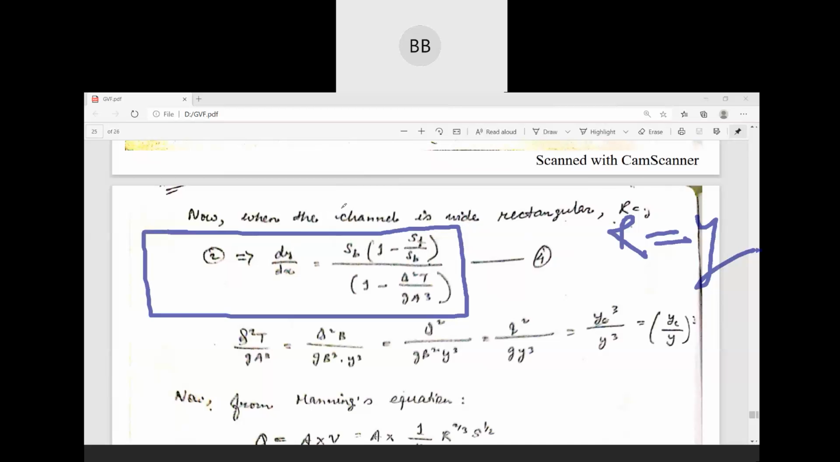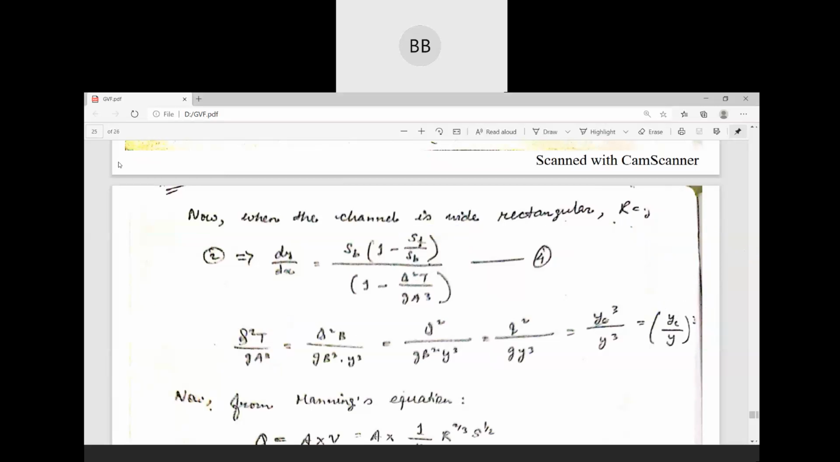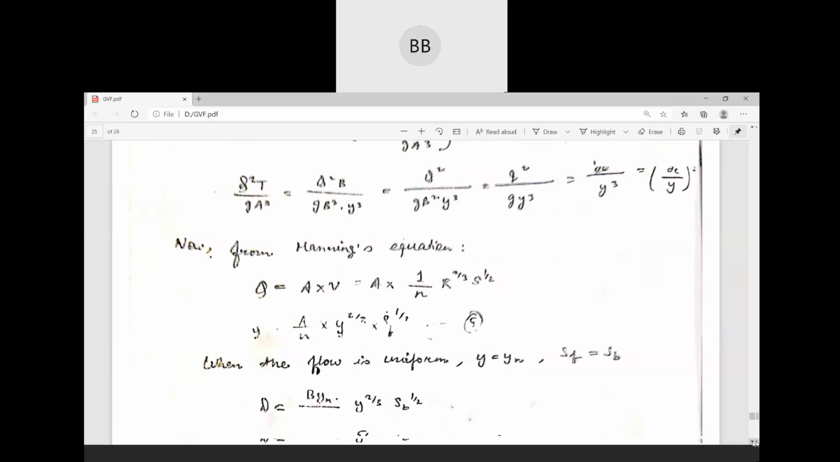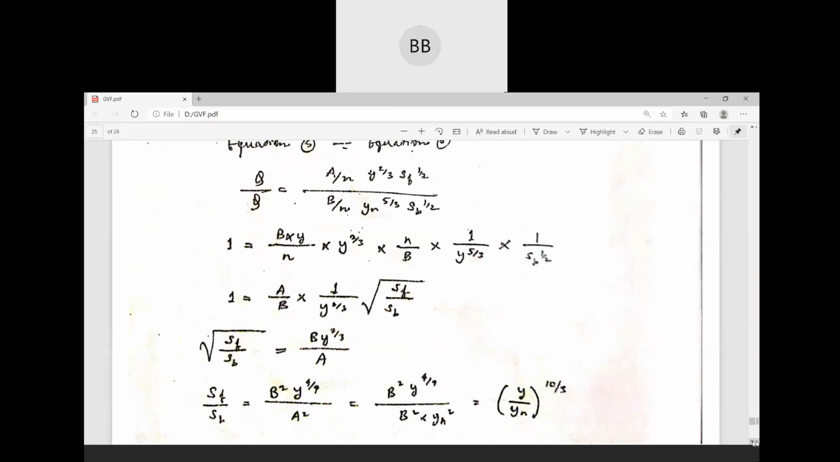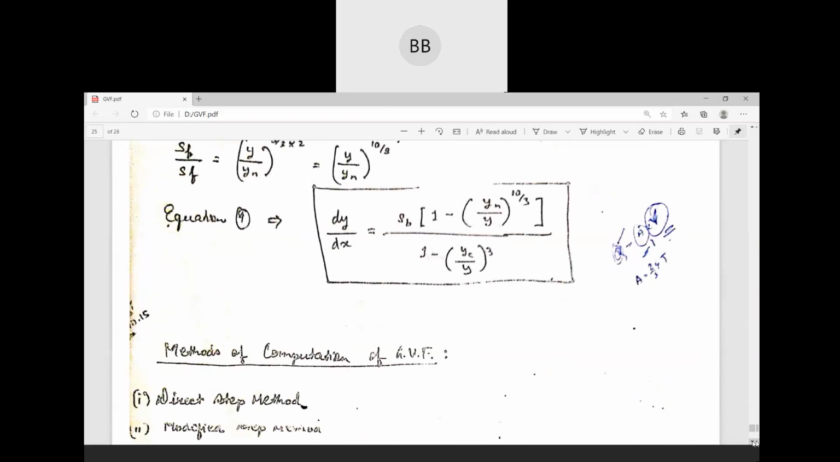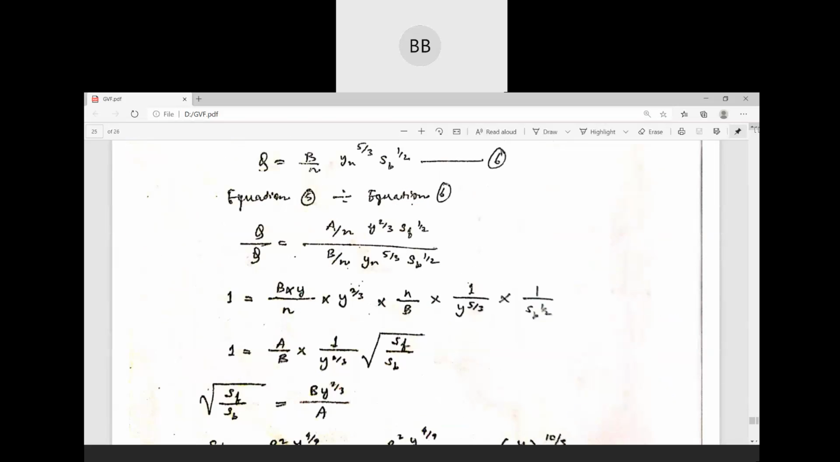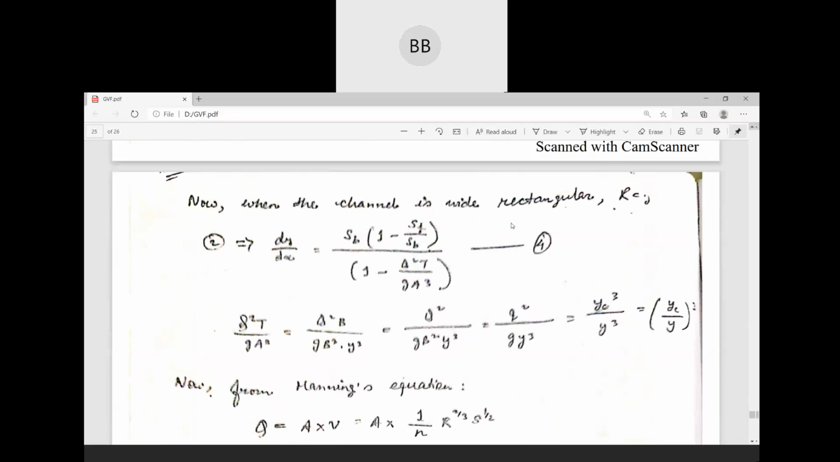Then again Q square T by gA cube, you can modify it by using this condition, wide rectangular, and you will get some expression, and you can substitute here later on. So depending on this shape and condition, you again modify your dynamic equation. Depends on you. Suppose for wide rectangular,